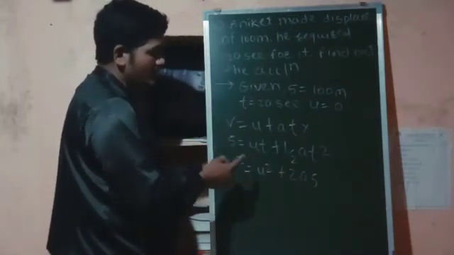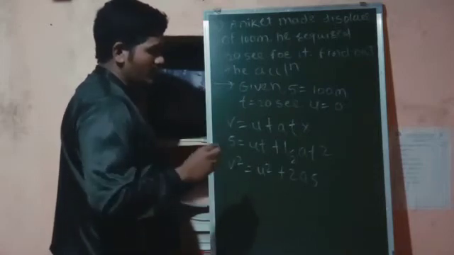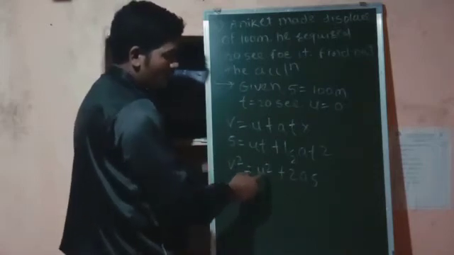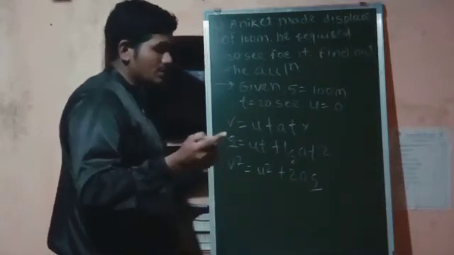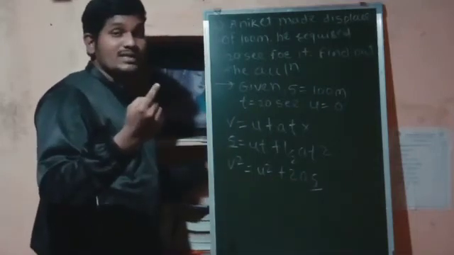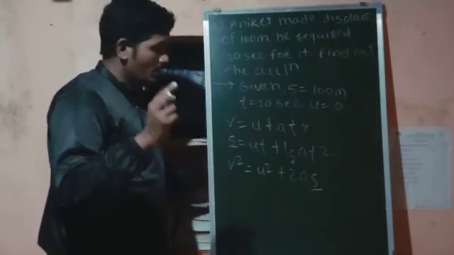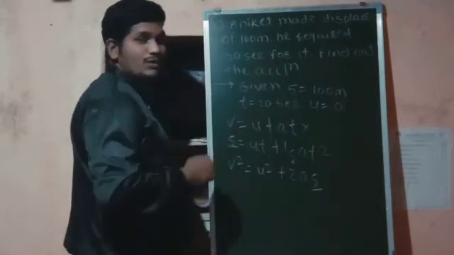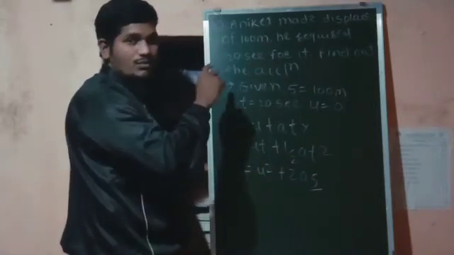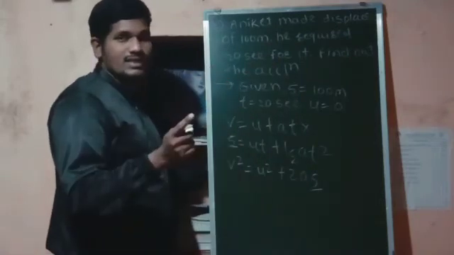So I will go towards the third formula. There is v square is equal to u square plus 2as. Here also yes, s is there. So how can I choose the formula out of these two? I will choose, as you can see, by checking whether there is any final velocity they have given in the problem. Is there any final velocity they have given?